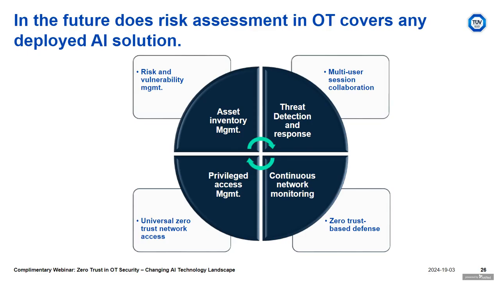Privileged access management and universal zero trust network access support regulatory compliance with industry standards like NIST CSF, CISA, or IEC 62443, where privileged access controls are followed. Continuous network monitoring follows the same principle, with zero trust applied to it, the eighth step of zero trust planning. In this, universal control network remote access will be granularly monitored, and high availability and resilience for a robust architecture will be ensured.